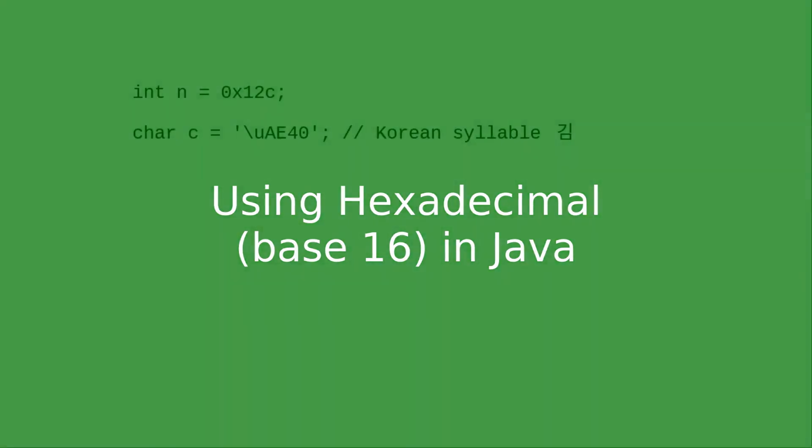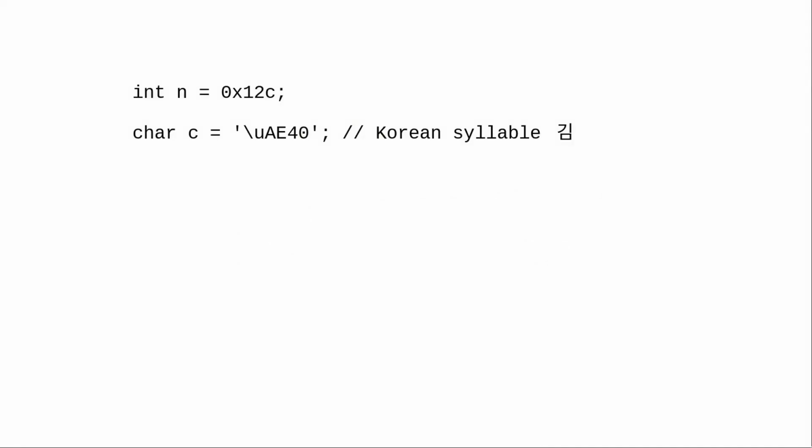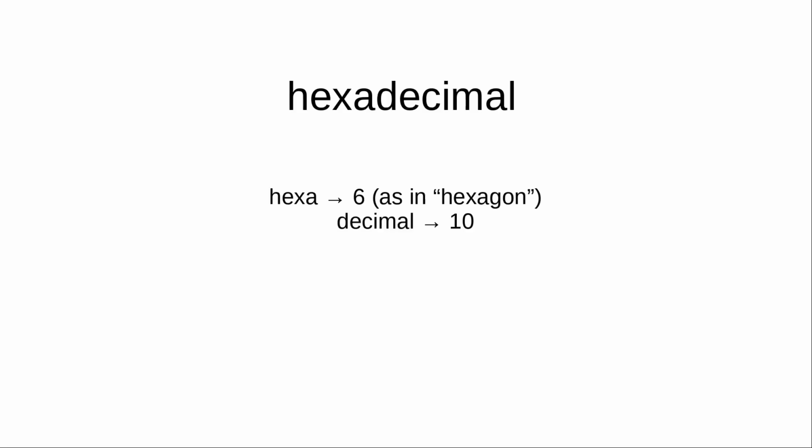In the book, you may have seen code like this. What are those letter and number combinations? Those are base 16 numbers, which are called hexadecimal. What's base 16? Let's take a trip back in time to grade school, where we learned about numbers with the